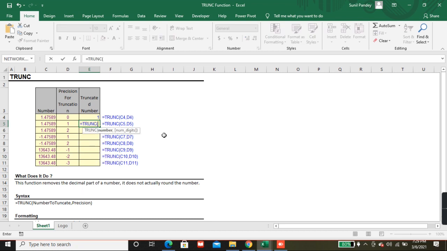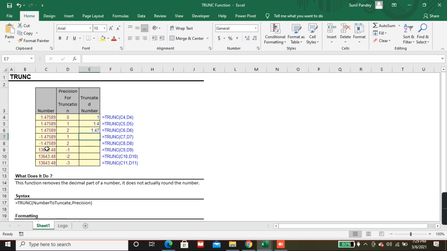I'll put this one also, TRUNC, and num_digits 1, which means after the decimal point 1 value comes over here. The same, if I put 2, it will show 2 digits after the decimal, 1.47.